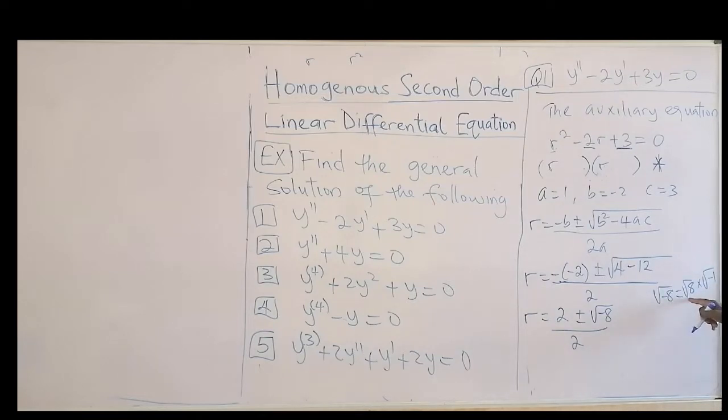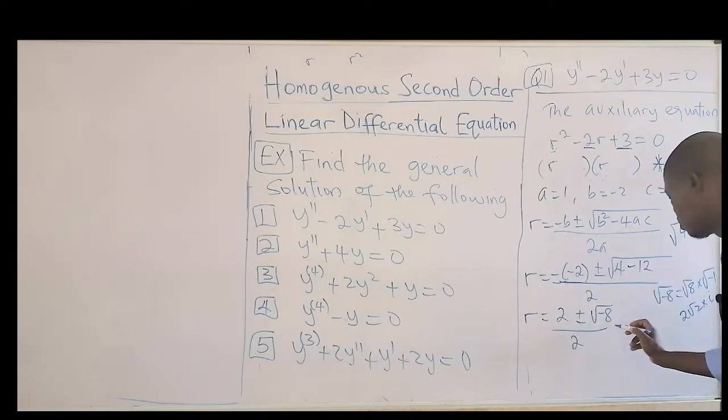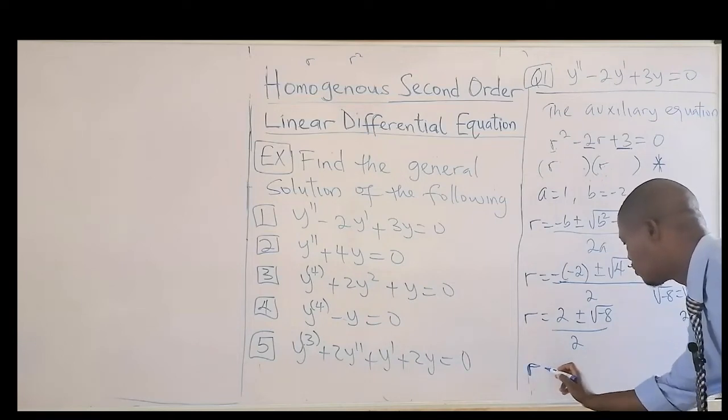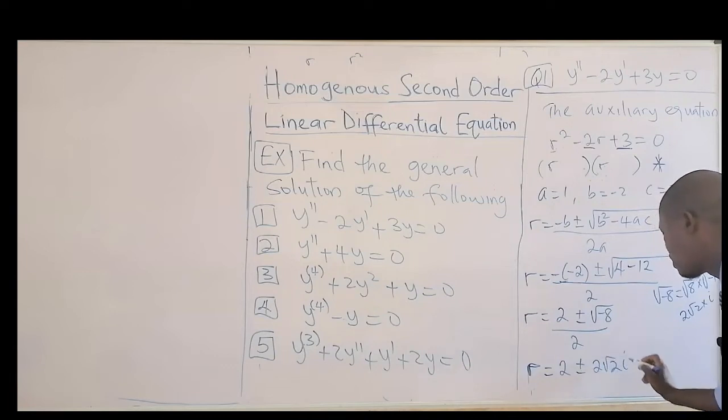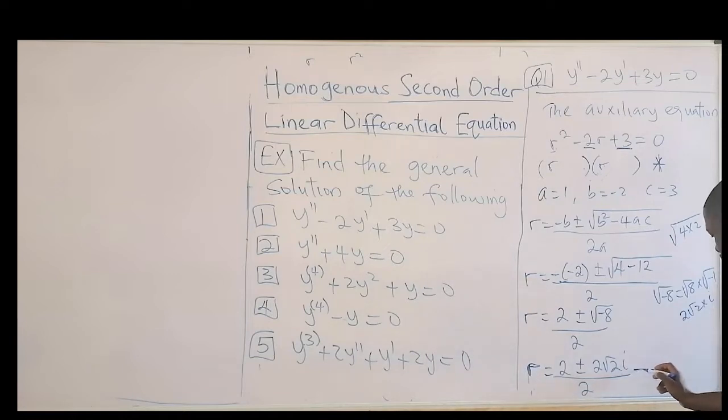Root 8 is root of 4 times 2, and that will be equal to 2 root 2. The square root of minus 1 is a complex number, that's i. So we now have r equal to 2 plus or minus 2 root 2 i, all over 2. You can take your 2 out, factorize 2 here, and cancel the 2 at the bottom. Then you have 1 plus or minus